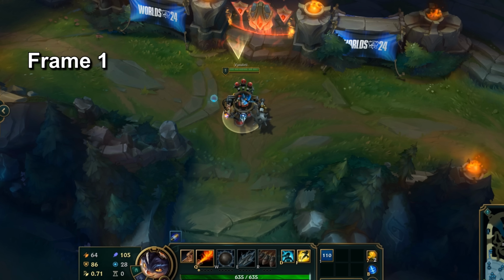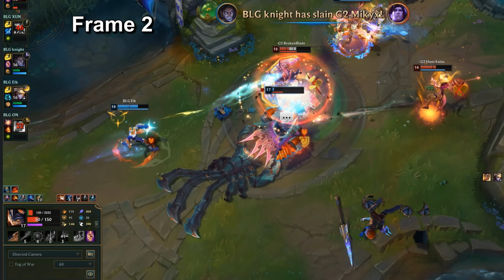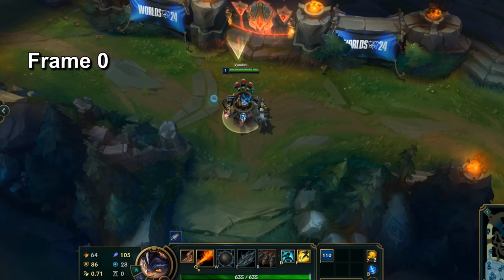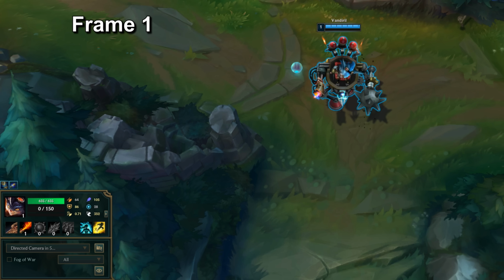I decided to do a normal POV recording, and to my surprise, it was desynced, but the other way around. So in Spectator mode, Zhonya's icon appears a few frames before the VFX. But when you record in game, Zhonya's icon appears after the VFX. In this case, it was 1 frame after the VFX. When you check the same clip in Spectator mode, the icon appears earlier. In this case, the icon appeared 3 frames before Zhonya's VFX.